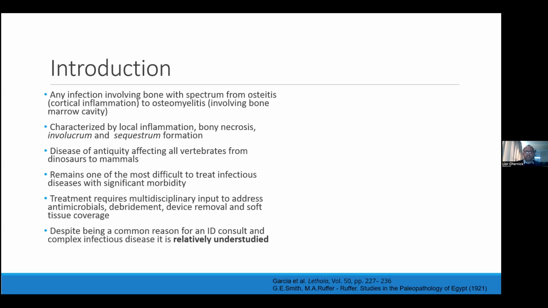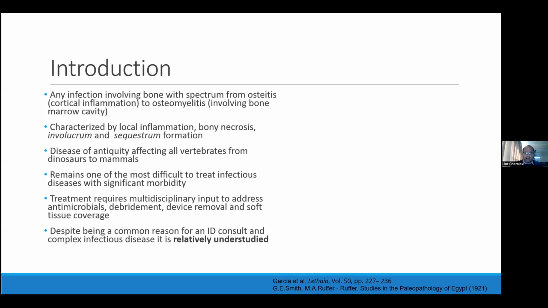So firstly, an introduction, the definition of osteomyelitis. It's any infection which involves bone, and that's with a spectrum from something as simple as an osteitis, cortical involvement, to osteomyelitis, which by definition involves the bone marrow cavity. And it's characterized by local inflammation, bony necrosis, and the formation of an involucrum and sequestrum. And what these are essentially are walled off areas of necrosis that become the nidus for infection, often surrounded by sclerotic bone. And then you've got this necrotic bone within, which becomes infected and really becomes a nidus for infection